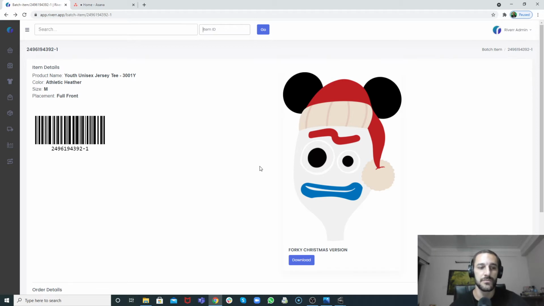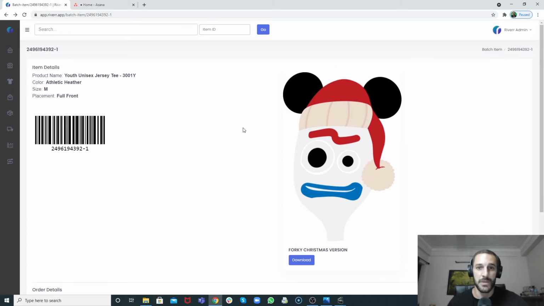But if you have an Epson, Ricoh, pretty much any other printer, then this is going to be the video for you. And if you'll notice, we're here on this random page, kind of a scary picture. The reason for that is because I wanted to show you, if you do not use the hot folder app, this will be the page that you see when you scan your item, when you scan the barcode. Now it is helpful, obviously, and we do use it in other areas in our workflow. But when we are using it in our DTG workflow, and you probably already have run into this, it can be kind of cumbersome and